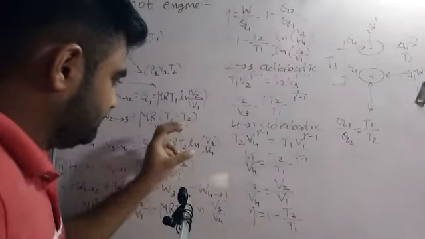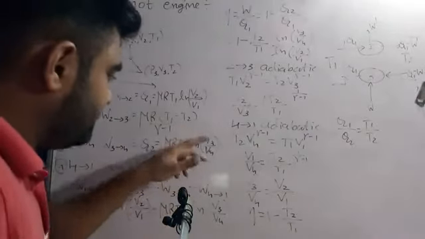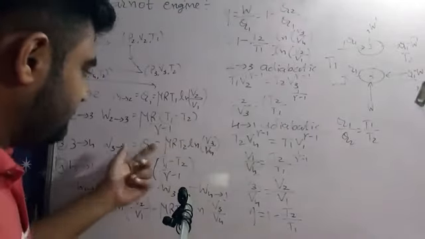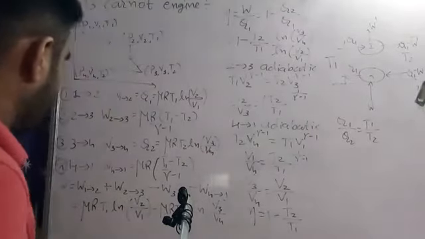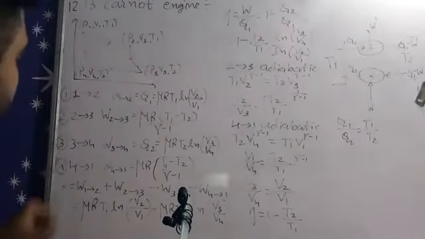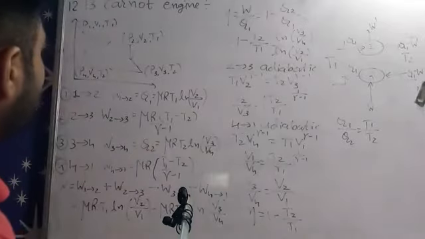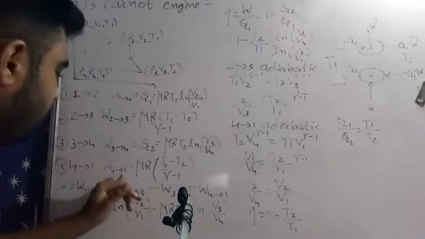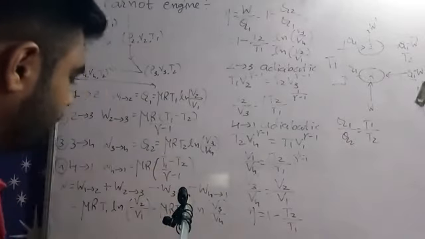Because we don't change their volumes here, if we change final upon initial, then there will be a negative sign. So now here we don't change it. Okay, now 4 to 1: temperature is changing, and P4 V4, all the terms are changing here. So W4 to 1 is equal to mu R (T1 minus T2) upon gamma minus 1, right?